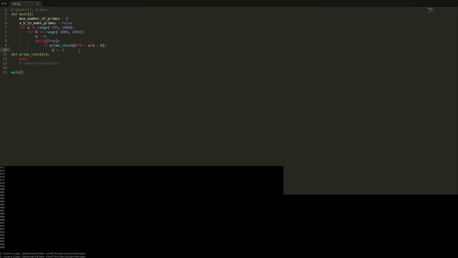No, we're going to say current number of primes plus equals 1, and we're going to need to make current number of primes, we'll define that right here. So current number of primes plus equals 1, else we're going to say if we haven't found a prime,